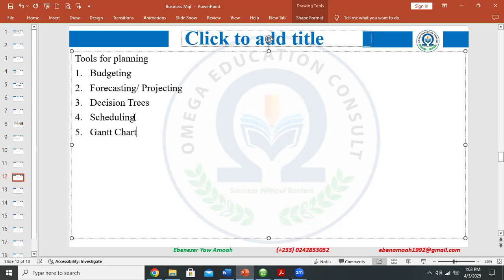Okay, so we have flow charts. I don't know if you know what a flow chart is. A flow chart is used where whatever we are dealing with is more about a process. So from process 1 to process 2, like for example, how you prepare soup. There's a chart giving you a flow of how you prepare the soup. So number 1, put the saucepan on the fire. Number 2, pour water. Number 3, put in the fish. Please don't judge me that I'm not preparing proper soup. I'm just giving an example.